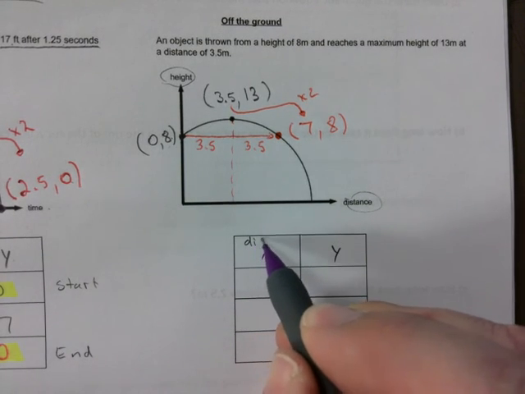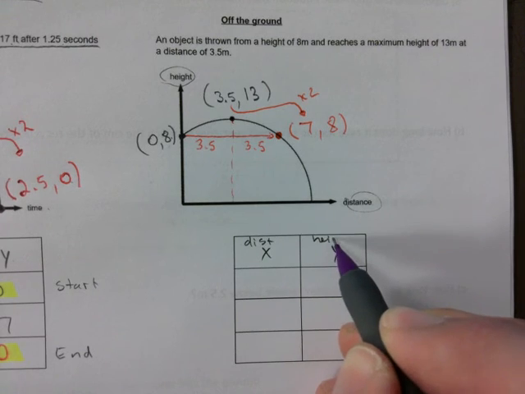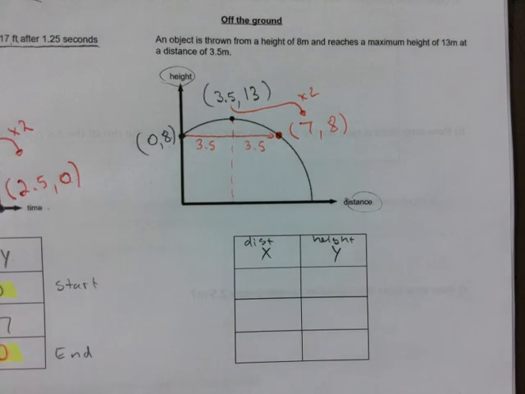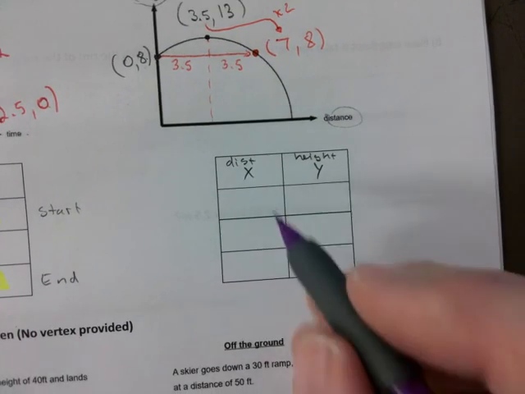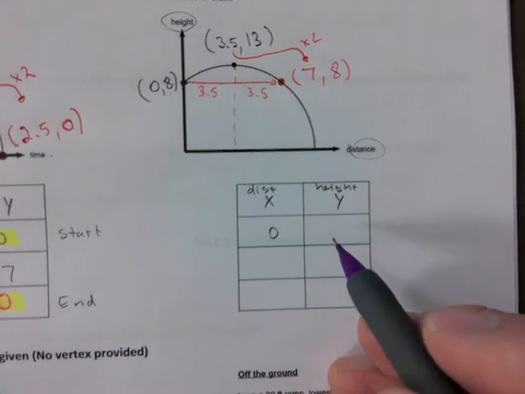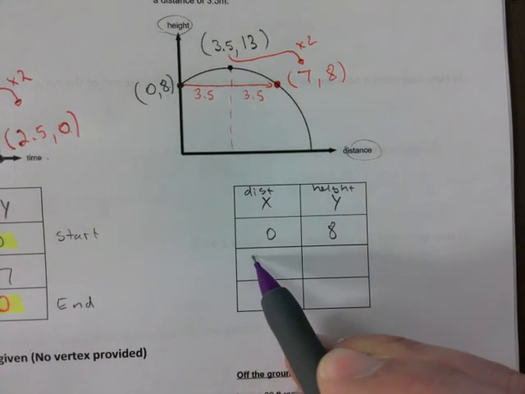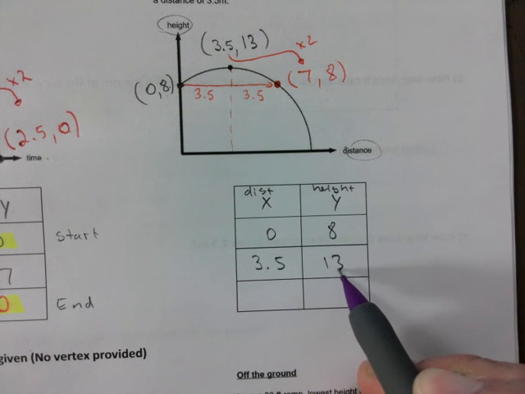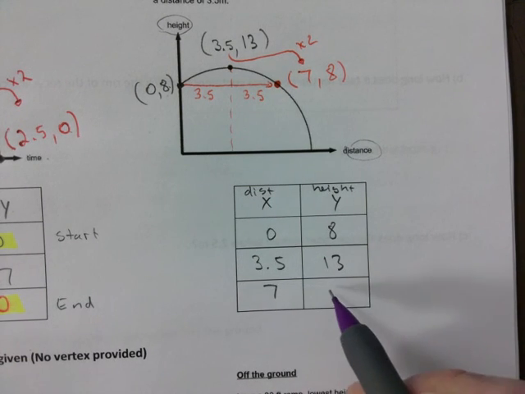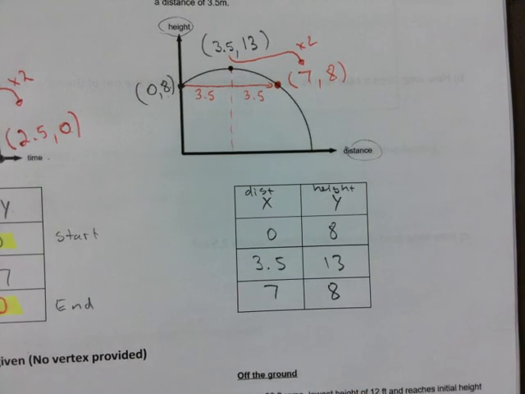Let's put distance and height as well, right? Distance and height. And just fill that in. 0, 8, 0, 8, and then 3.5, 13. And then it's 7, 8. Let me highlight the